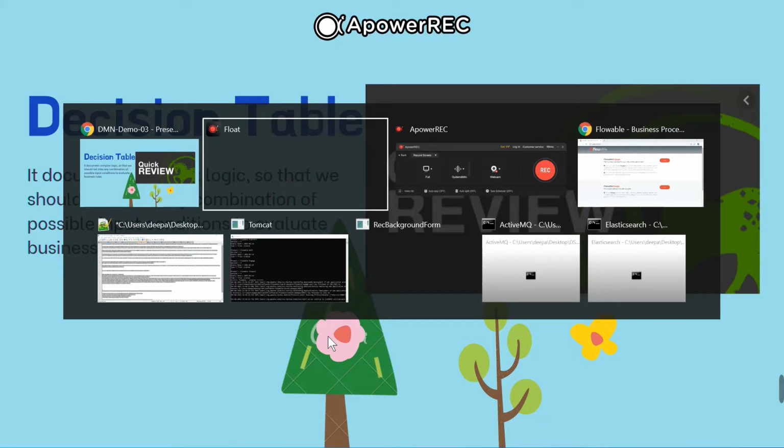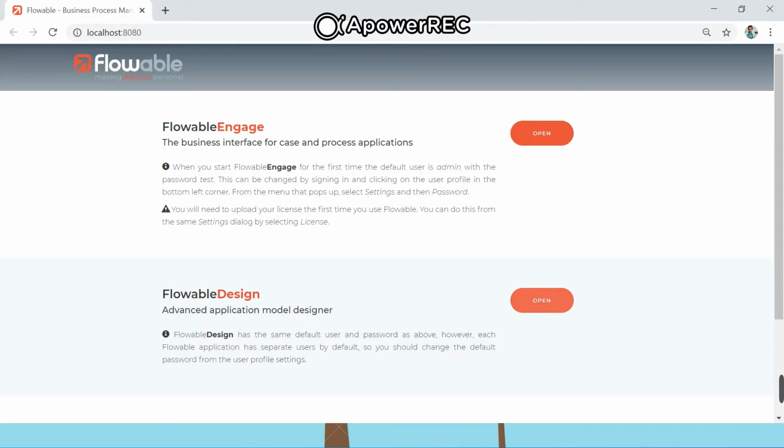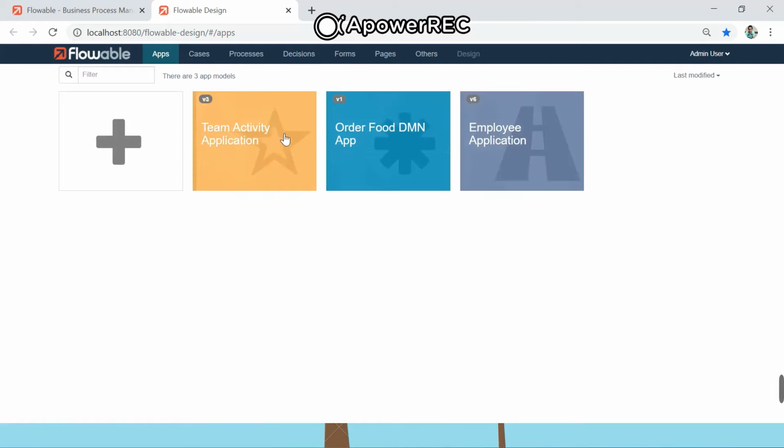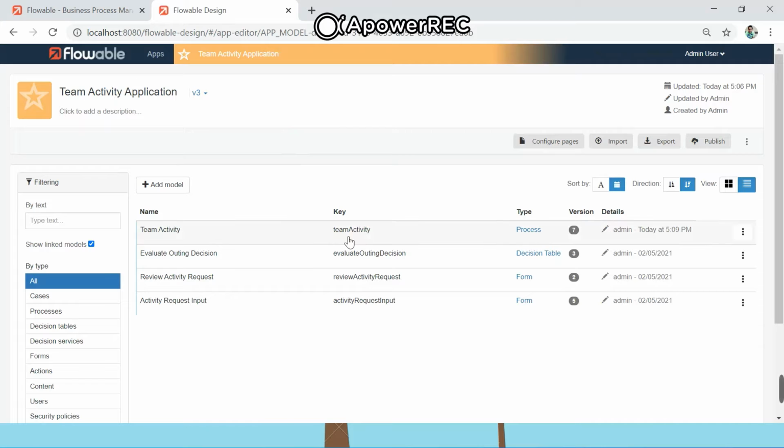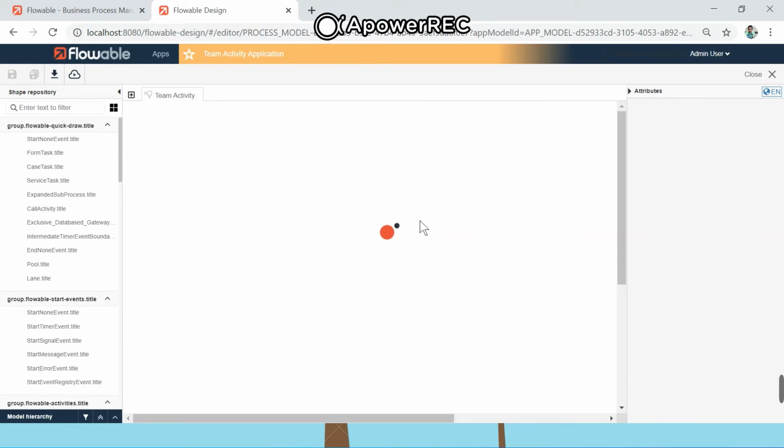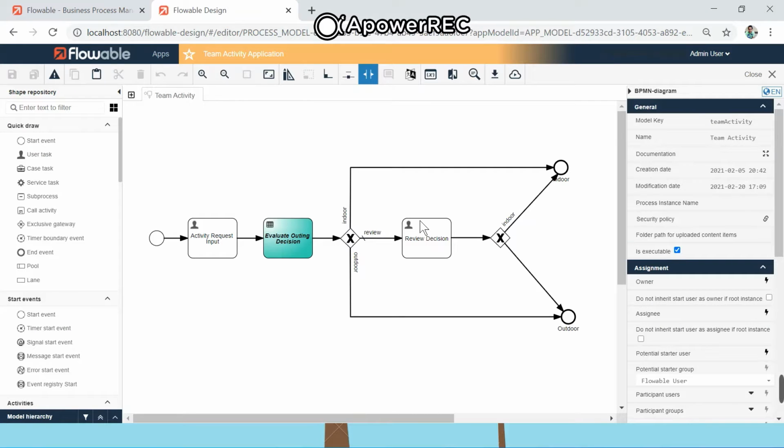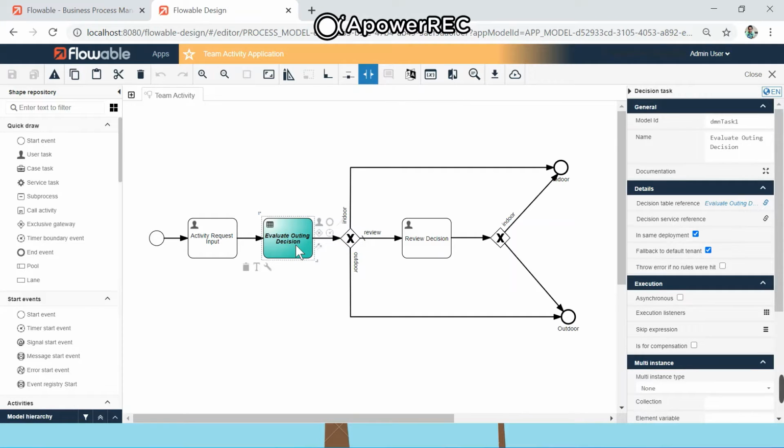Let me go through the Flowable Design, where we can see how to use a decision table in a decision task. So let's open Flowable Design here and go into any of the available processes. If I open one of these processes, we have a decision task, which is available either in BPMN or in case management CMMN, to execute business rules encoded in decision tables.